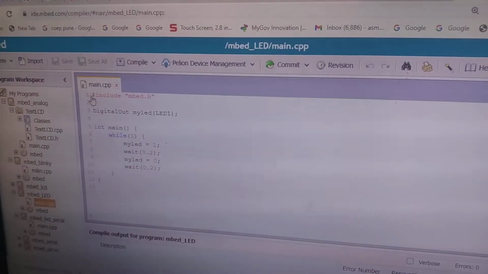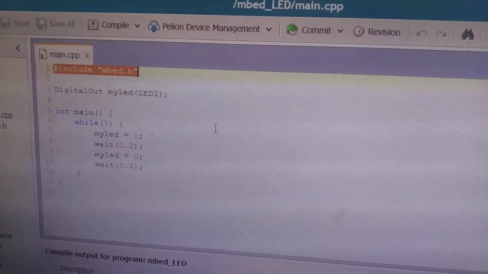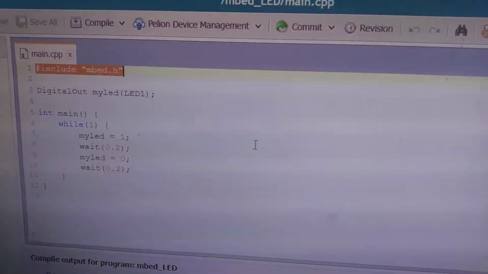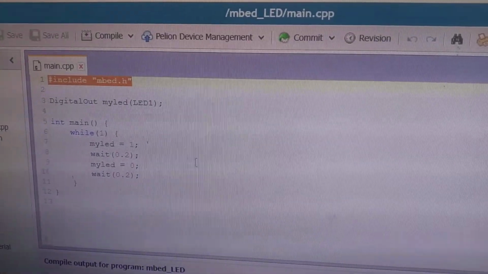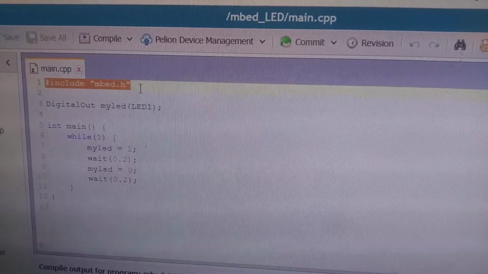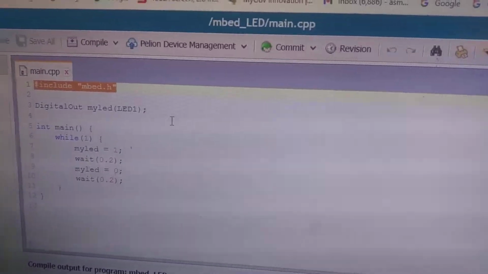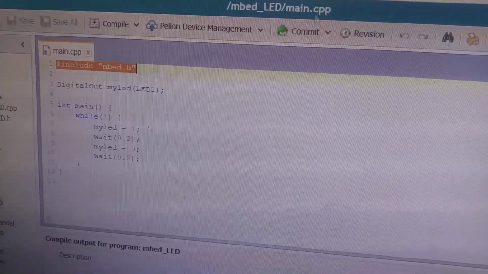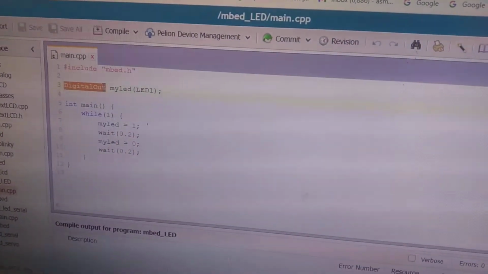What you can see here is that it has included the embed header file, where the connections of all the pins present on the board are considered, or those that are actually used are present in the header file. So you know that the header file is giving you the information about how the pins are used for LPC 1768. Then the second is we are going to use the function DigitalOut.